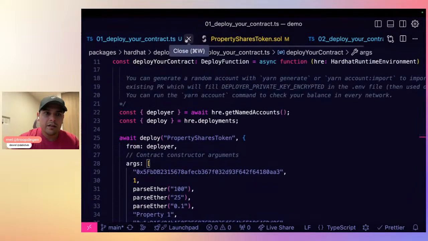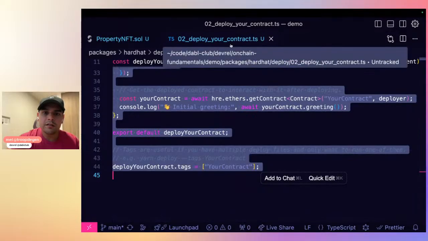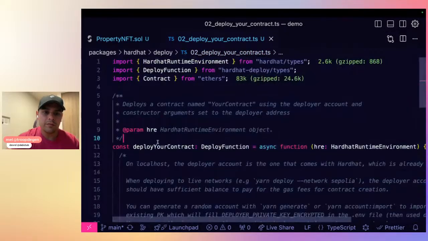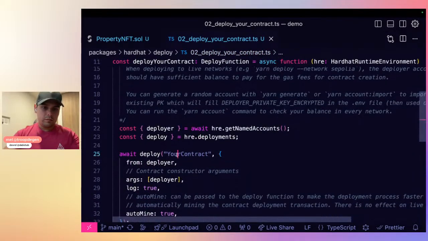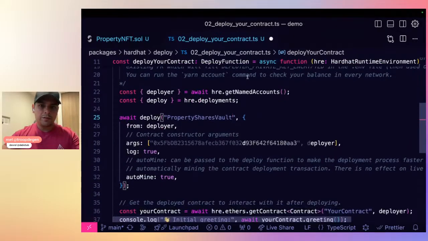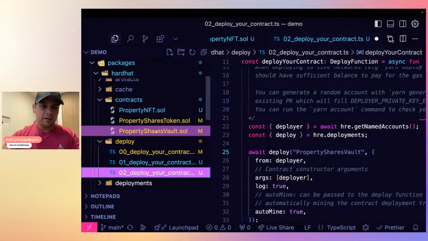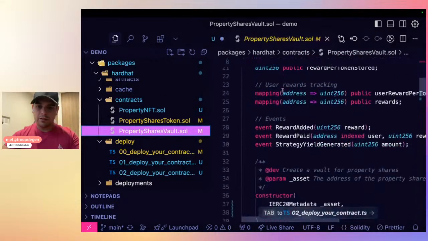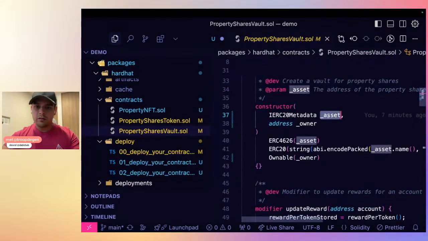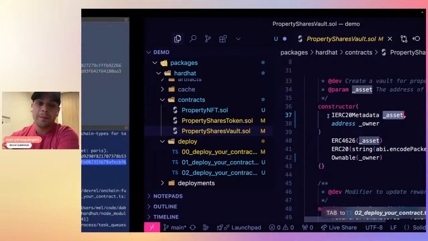And we just need the last one, which is the vault token. Shares vault, and this one also is only the constructor, right? The owner, and also the asset. So we will need as well the